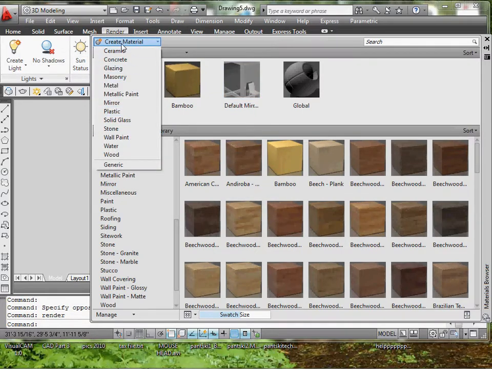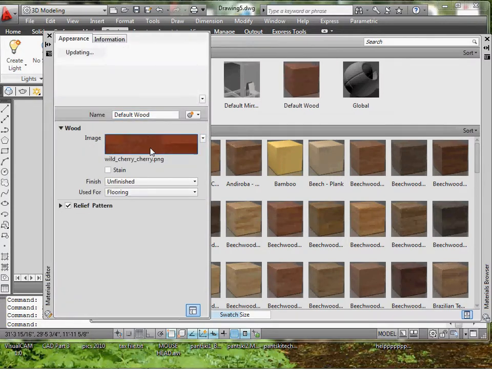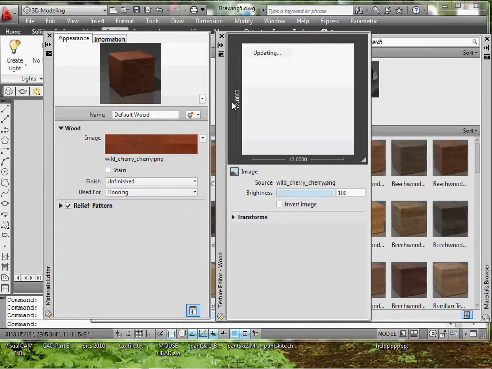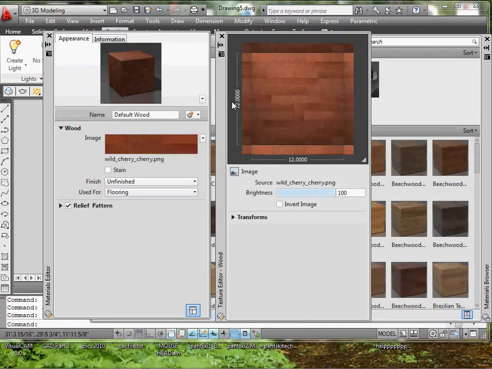And of course the first one is create material, which is the basis of creating a material. So you would select what, if you want to make a wood type material, you would start with wood. If you want metal, masonry. So say I said wood, got a cherry type color here. I could use graphics that I get from online or a company that has their own material. I could load it in and I can modify it with the brightness,